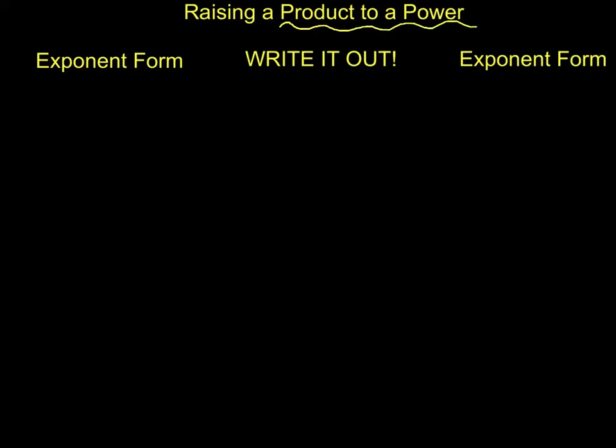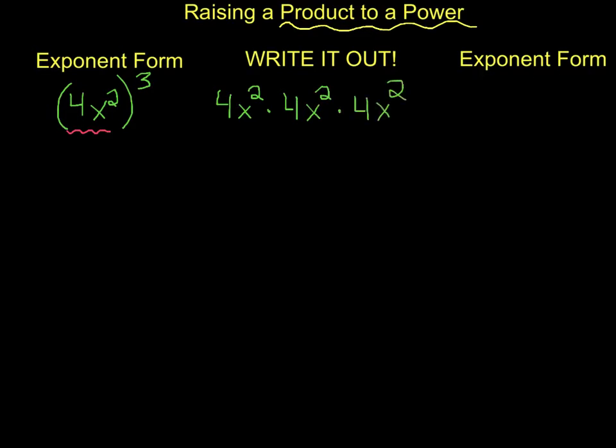So for the first example, the product is 4 times x squared. And we're going to raise that whole thing to the power of 3. So what that means is that we have 3 of these, 3 4x squared. So if I write it all out, 4x squared times 4x squared times 4x squared. Now, how many 4's do we have? 1, 2, 3. So that's kind of like saying 4